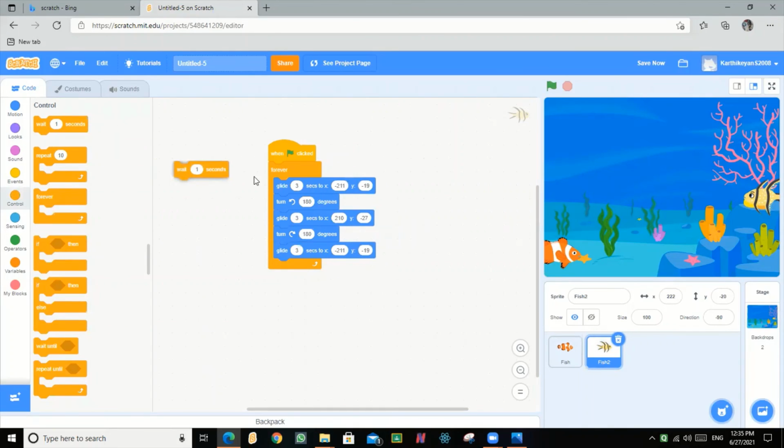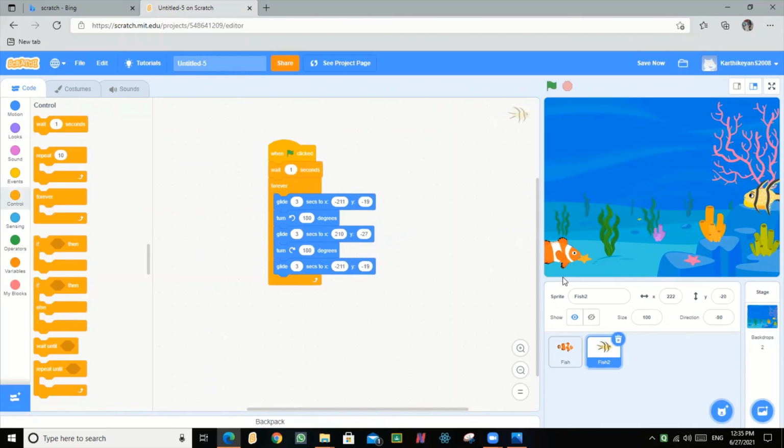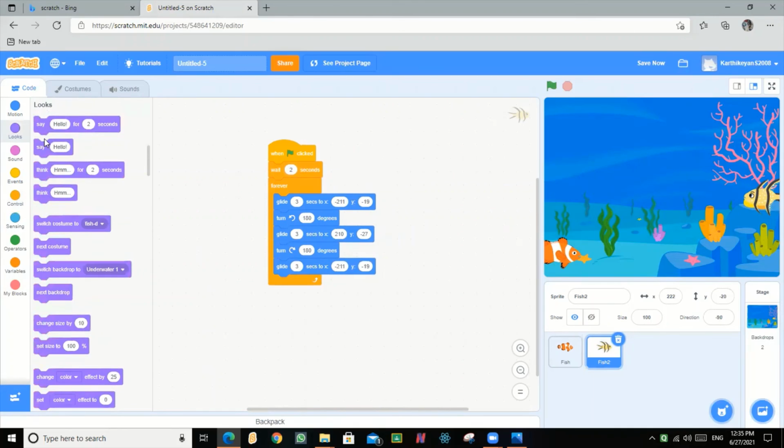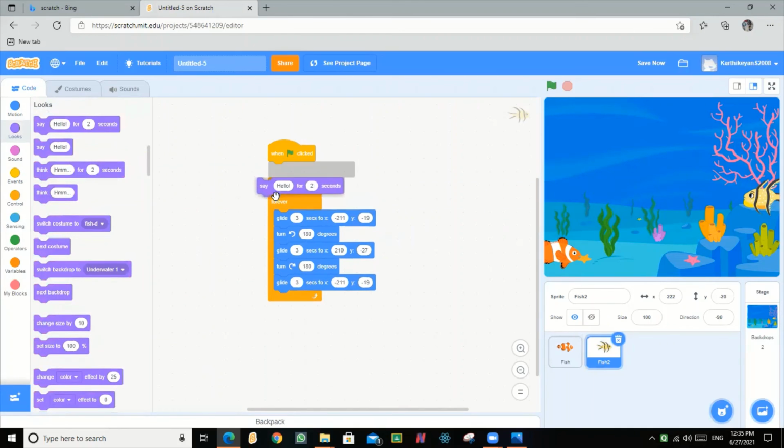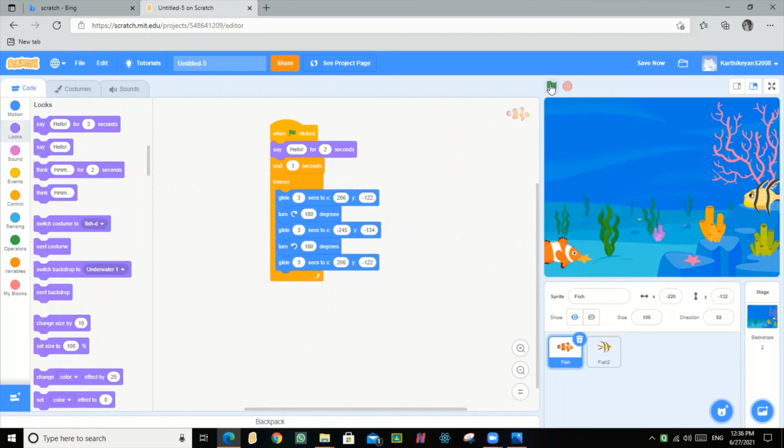For this we should give wait 2 seconds, and after that go to looks and say hello. Okay, now let's test it. So yes, it says hello, and it says hello, and it started to move.